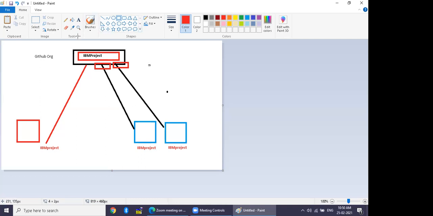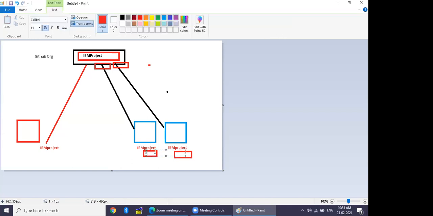For example, within the IBM project, I have created my branch. I may have a branch called dev1, or I can have a branch called dev2.